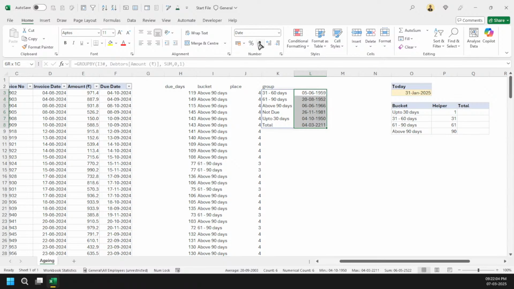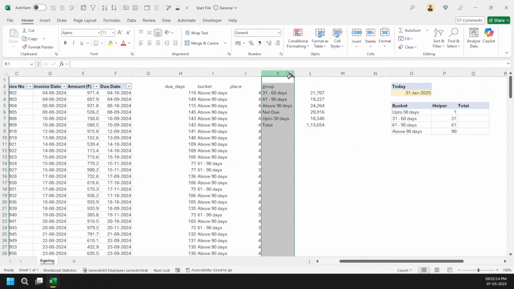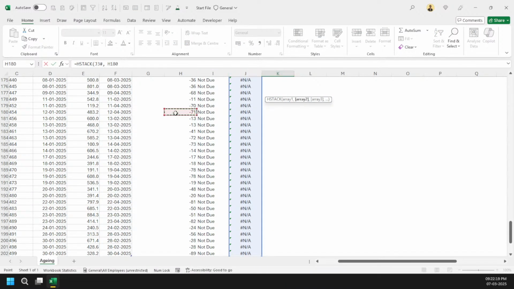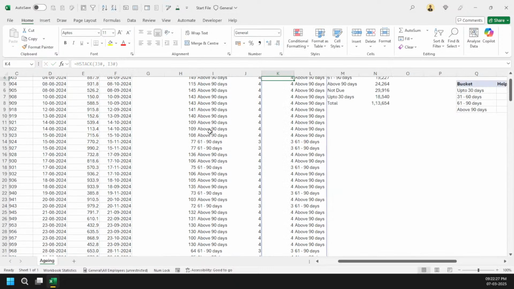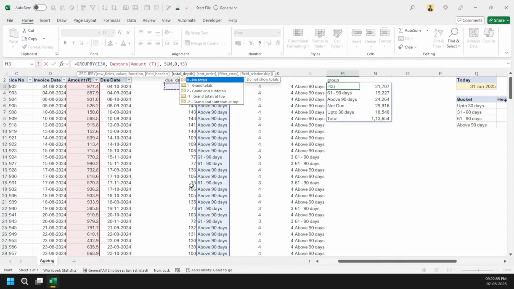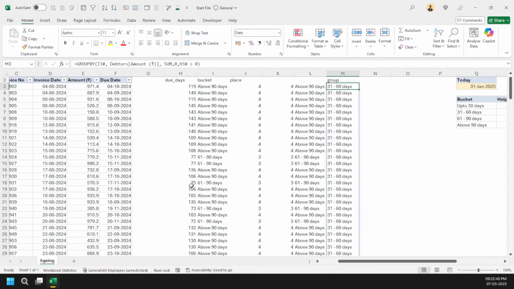Let me make it total. And because this is again a field header and I want to join them together, what can I do here? I can HSTACK them, horizontally stack them. So with HSTACK, I will stack them this way and then I'm going to stack them, not this one, but this one, right? And there is one more function here. You can say the due days should be greater than 0. So the moment I do this,